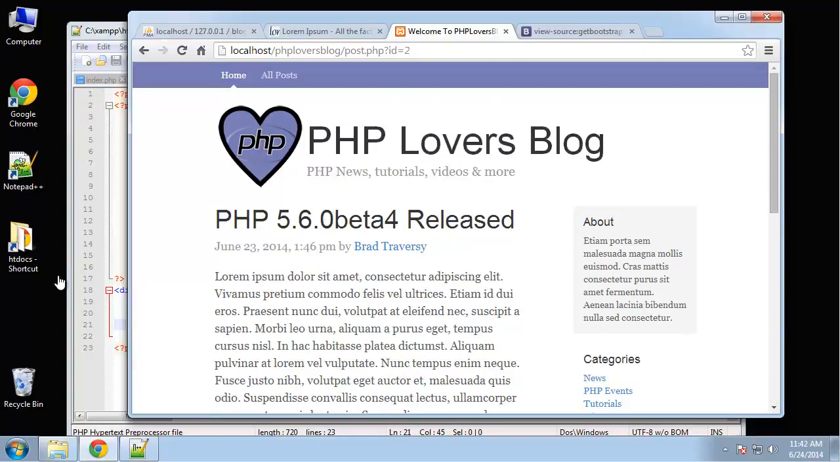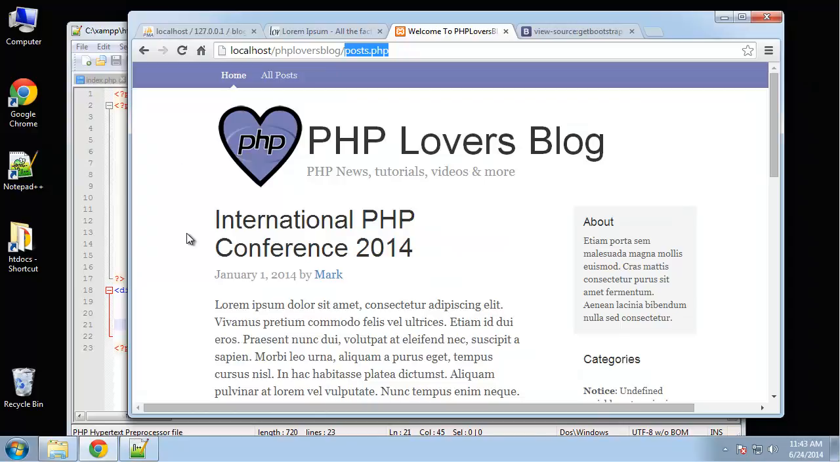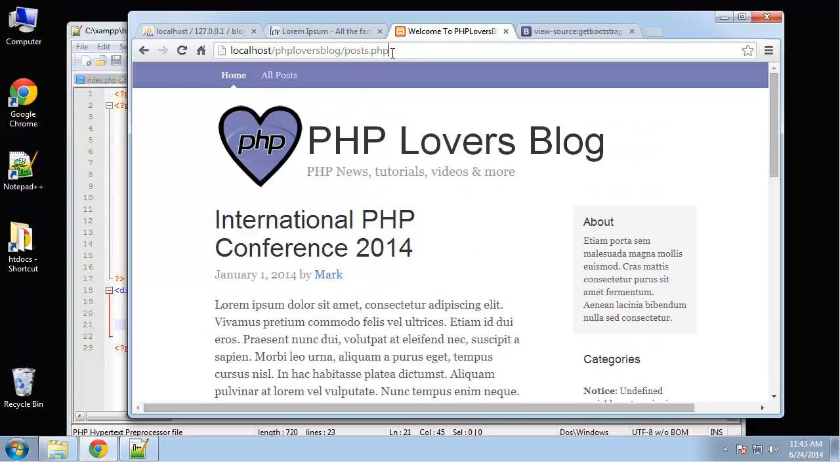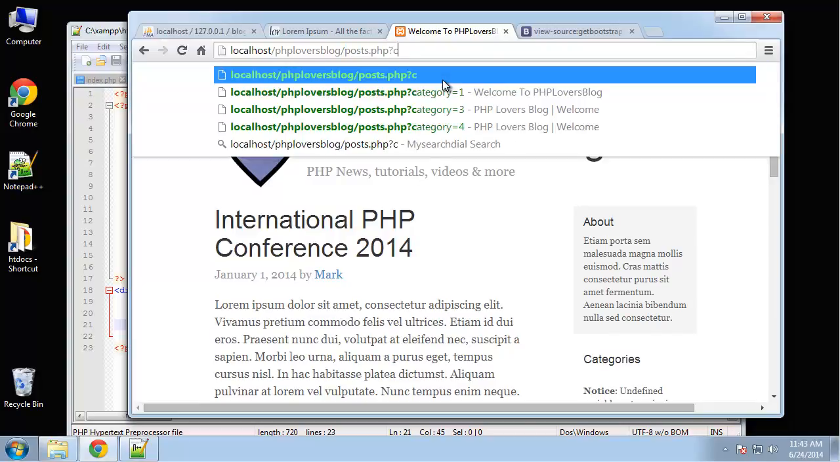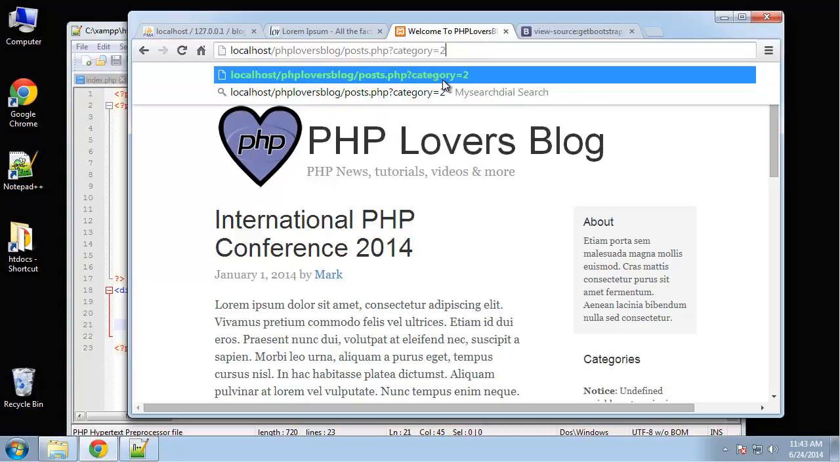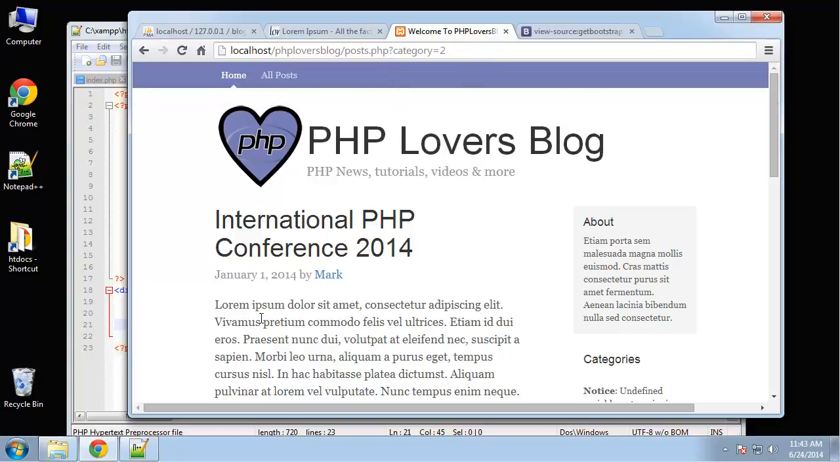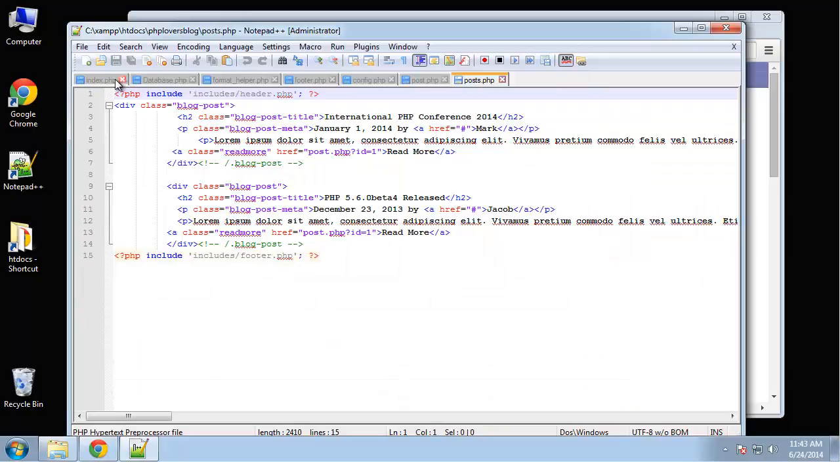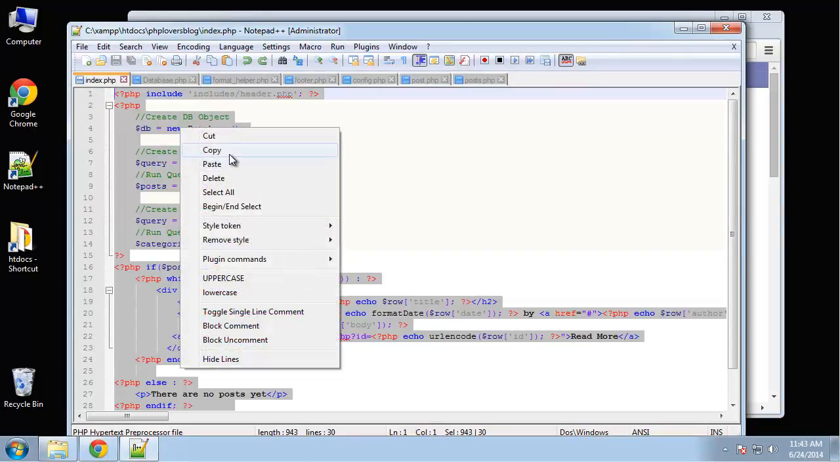So that's perfect. We have one thing left to do, and that is the all posts page, which goes to posts.php. Right now it's all static text, and basically it's going to do the same thing that it does on the home page. It's going to give us a list of posts, but I want the option to say category equals 2, something like that, and then narrow the posts down by category. So what we're going to do is open up posts.php, and I'm going to copy everything from our index page into